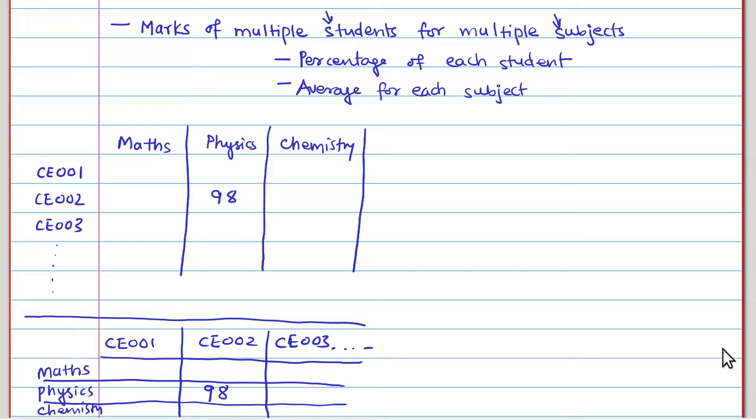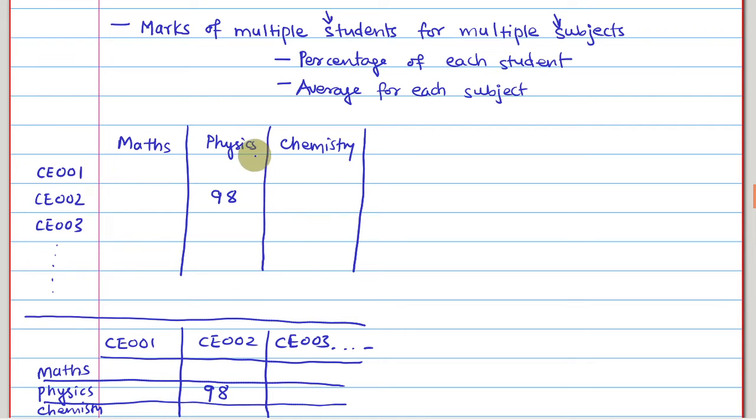Let us understand a two-dimensional array with the help of an example. This is an example from the real world where we want to get marks of multiple students, and each student is learning multiple subjects. For simplicity, we will assume that all the students in a class are learning the same set of subjects. So if you want to store marks of multiple students for multiple subjects, then you need some kind